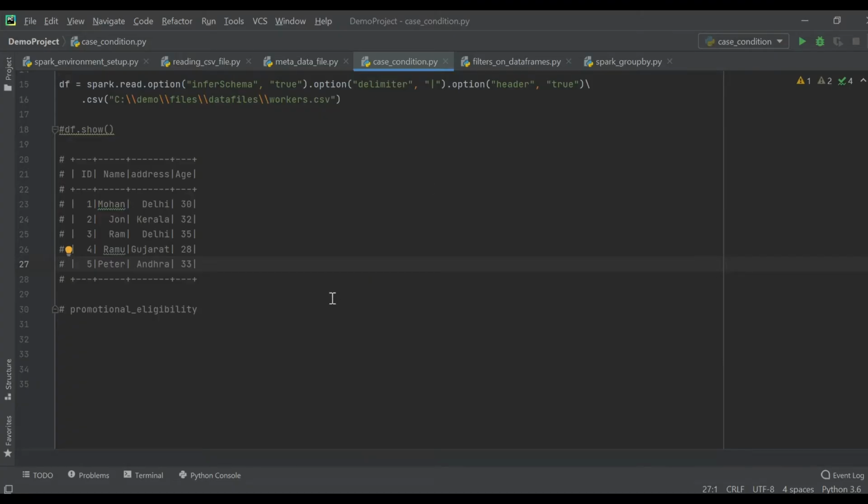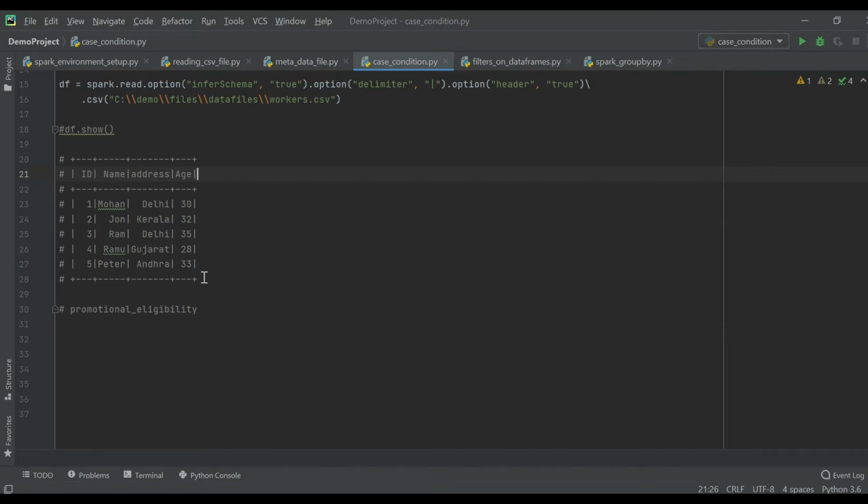Let's go into the actual thing, which is to have a case statement on top of our data frames. I have a CSV file which has a worker data set, and I have just previewed the data out of my data frame with ID, name, address and age as 4 columns, giving the respective data.